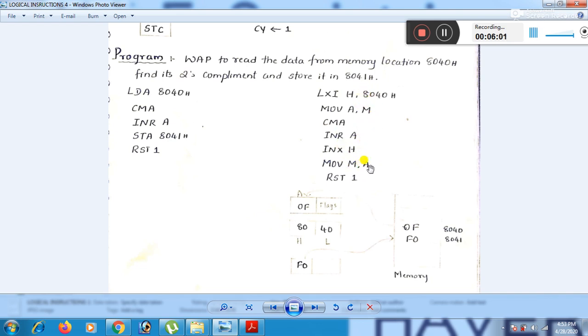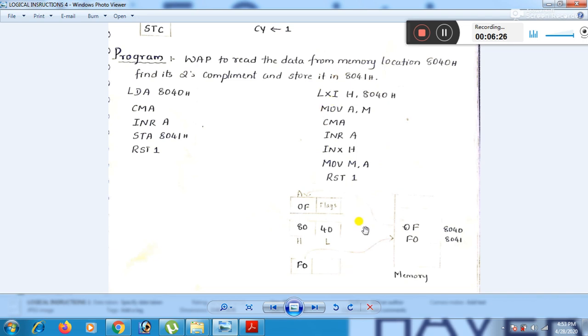So the twos complement is stored in 8041. The basic idea is CMA and INR A; both ways are the same. These two instructions convert the given 8-bit data to its twos complement. Later, INX and MOV, or STA, store the answer in 8041.